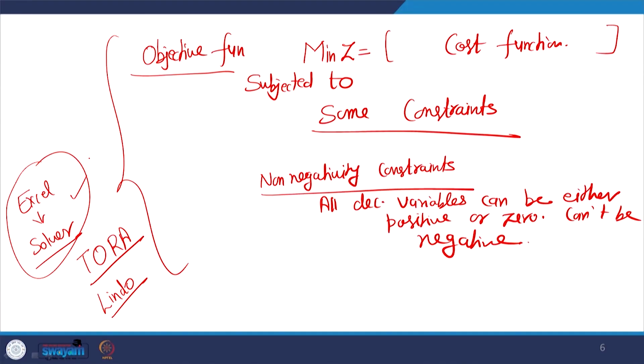Now, in our next class we will do the solution of this using Excel Solver, and that will help us see how we have solved this and how we have fed the data. Once you have that kind of template available in the Excel Solver, we can play with the solution, change the parameters, and see how the solution is affected by those changes in parameters. So, we stop here in this class, and in our next class we will see the solution by Excel Solver.